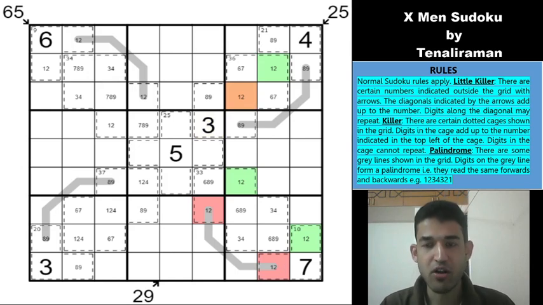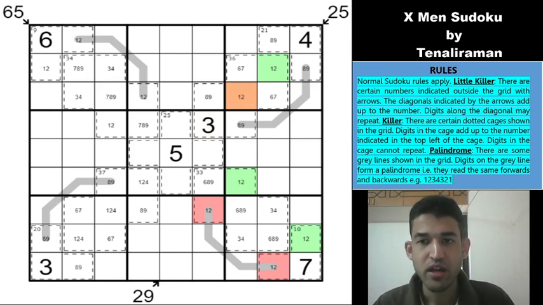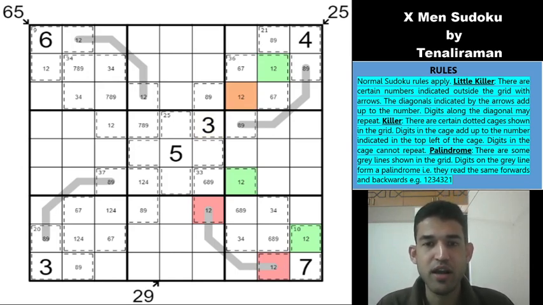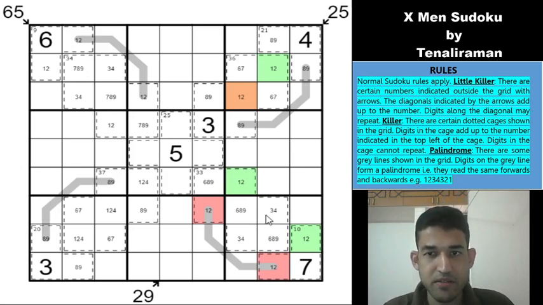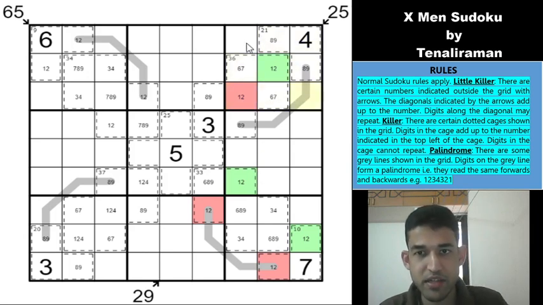The moment you see a lot of pairs having the same kind of possibilities, not only in this Sudoku but in any Sudoku in the future, think about using coloring there. It will really help you to finish the grid. And you have 1, 2, 6, 7, 4, 8, 9. So remaining cells must be 3, 5, which means for the palindrome this would also be 3, 5. So this is 3, 5, and you have a 3 here. So this is a 5, this is a 5, and that becomes a 3.